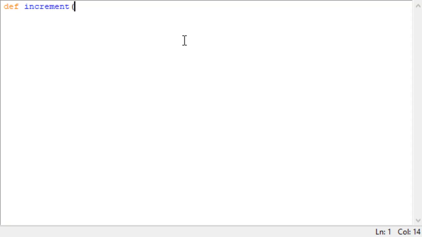All increment does is take a particular value x and return x plus 1. So let's say I now have a list called my list, and I have a list of